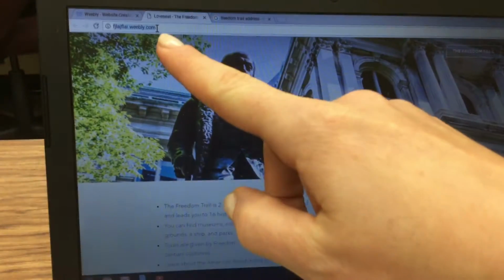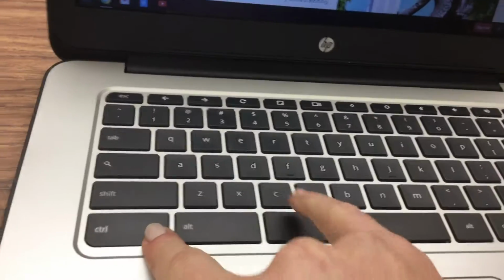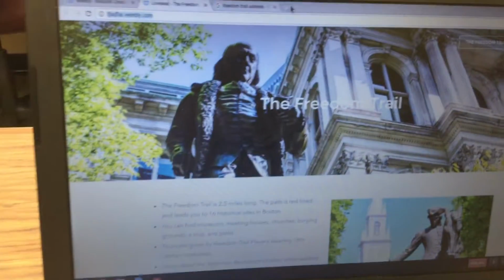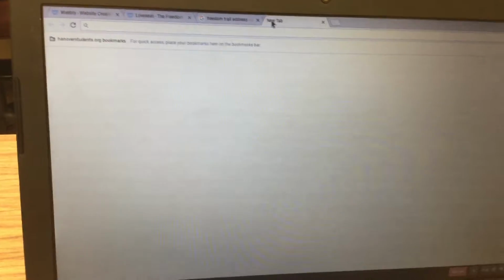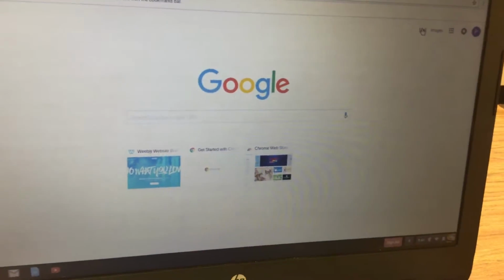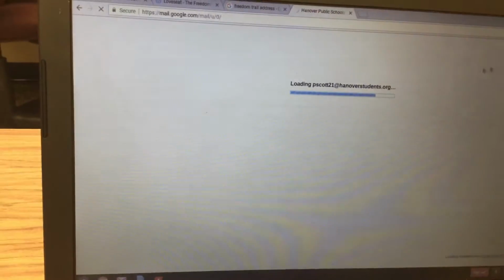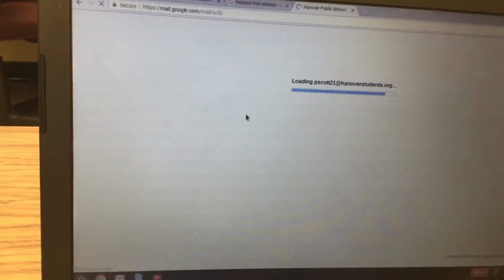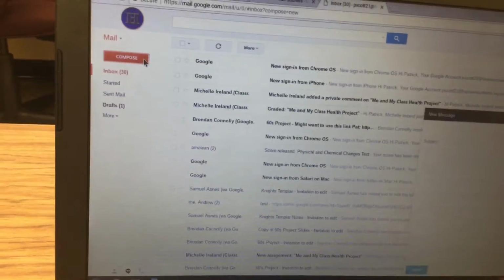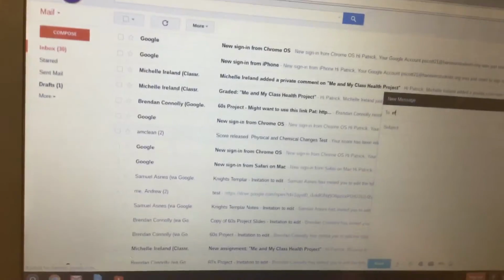So you're just going to click on it once up at the top to highlight the URL, and then you're going to hit Control-C on your keyboard. From here, what you're going to do is you're going to open up another tab, and you're going to click on Mail in order to open up your Gmail. And you're going to be emailing the link to your published website to Mrs. Foley. So you're going to click on Compose, and then from here, you're going to type in to efoley